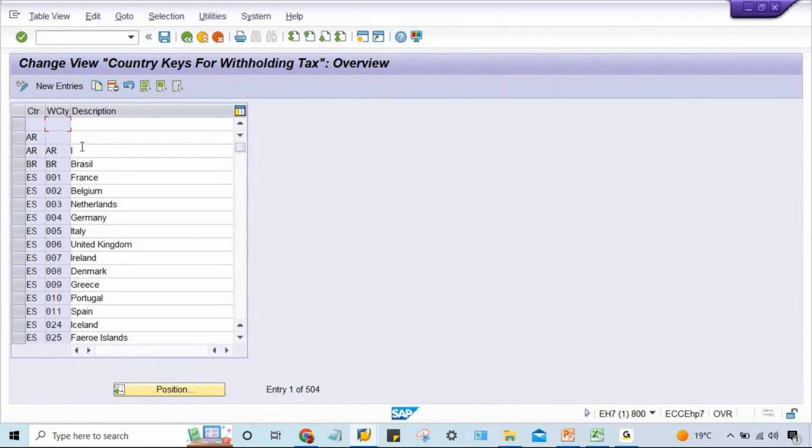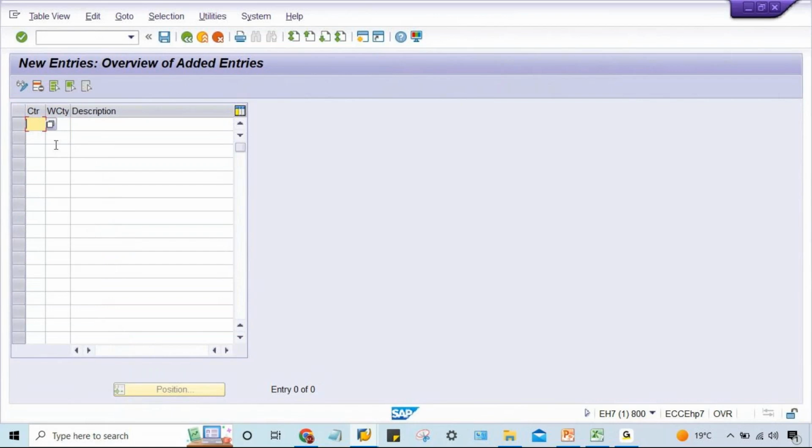Maybe I think Japan falls under this one or not, that I have to check, right? But as I said, a very limited number of countries are there, maybe one or two countries. So what you have to do, you can click on new entry, and here your country is, let's suppose, IN or UK or US, whatever it is.